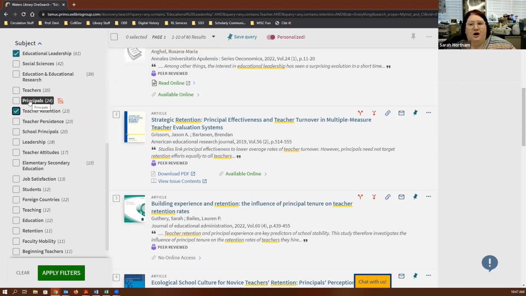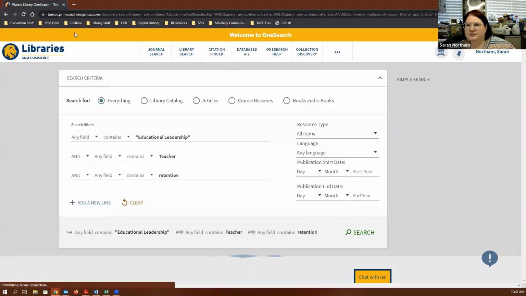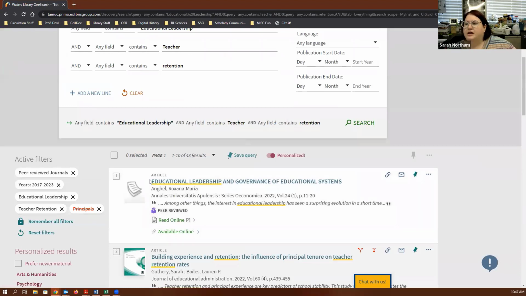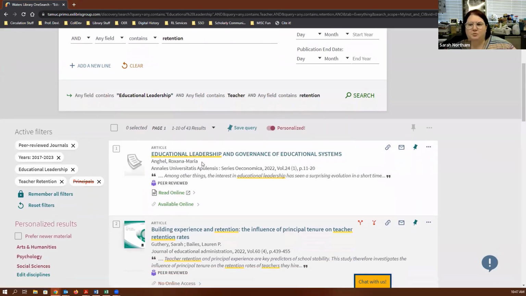Now, this could be in context of retaining school principals, or it could also be in context of what principals can do to retain teachers. I'm going to exclude principals because I kind of want to see what's out there. So if I hit that red box, that's going to exclude this hashtag or subject term from my search. Finally, I'm going to go down and apply filters. And so you'll notice that I went down to 43 results,